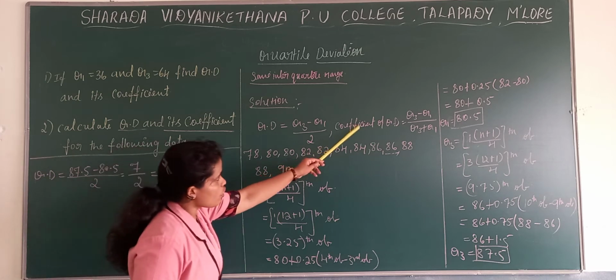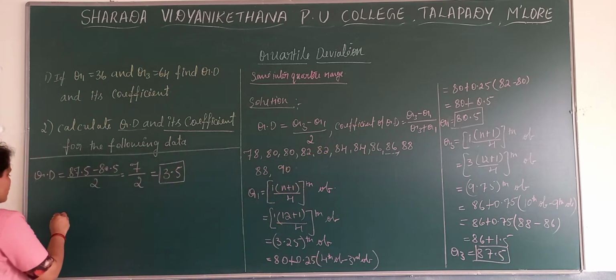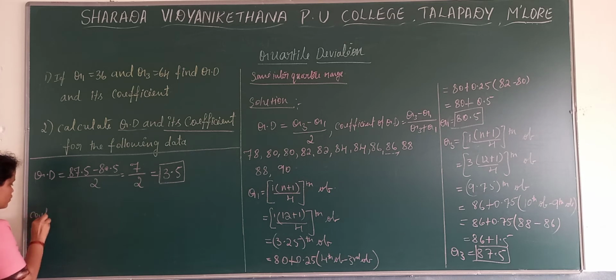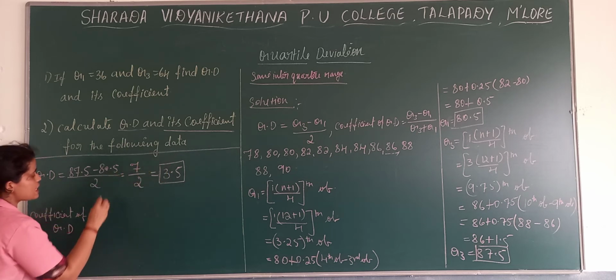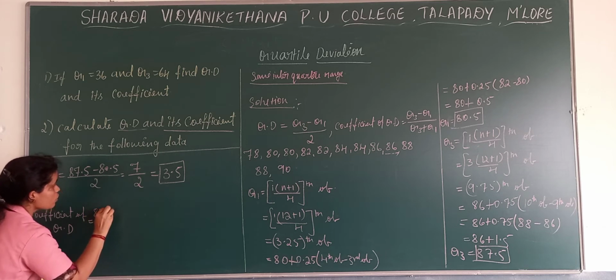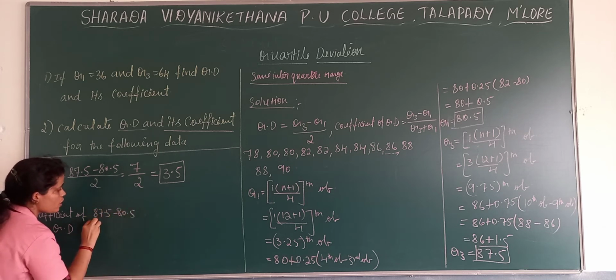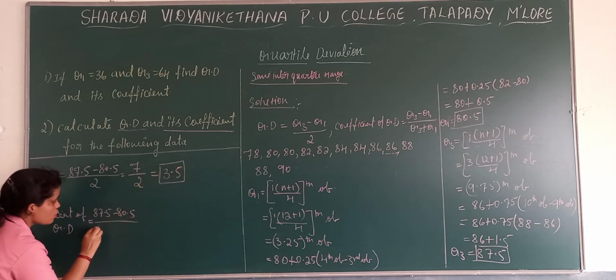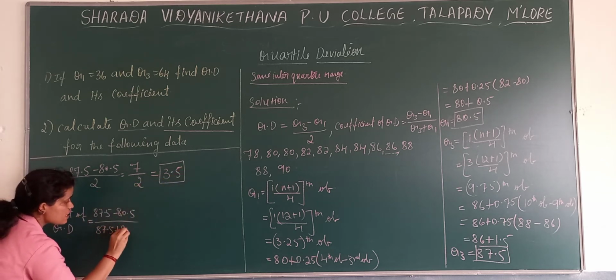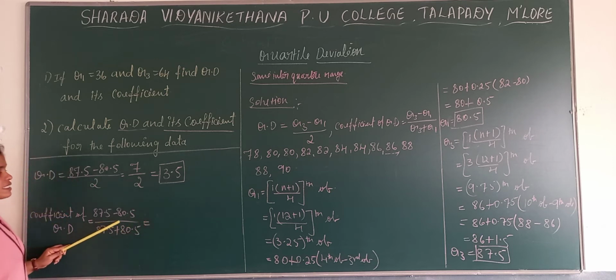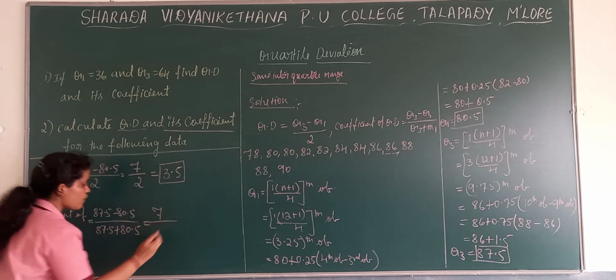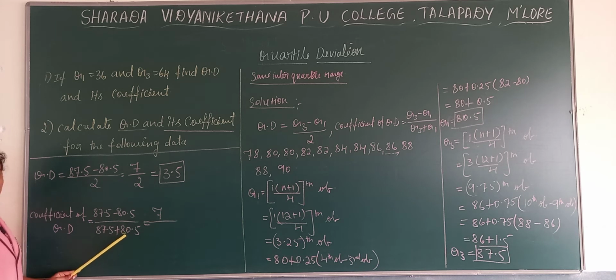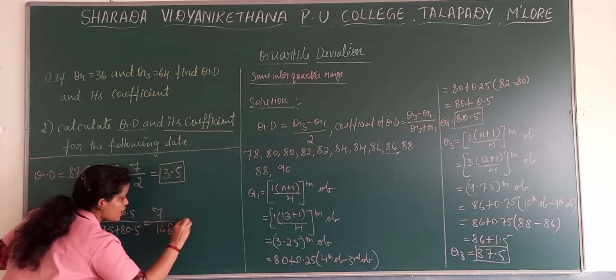Now coefficient of quartile deviation, see the formula. Q3 minus Q1 divided by Q3 plus Q1. So the Q3 value is 87.5 minus 80.5 divided by 87.5 plus 80.5. We know that 87.5 minus 80.5 gives 7, divided by, when we add Q3 plus Q1, we get 168. So 7